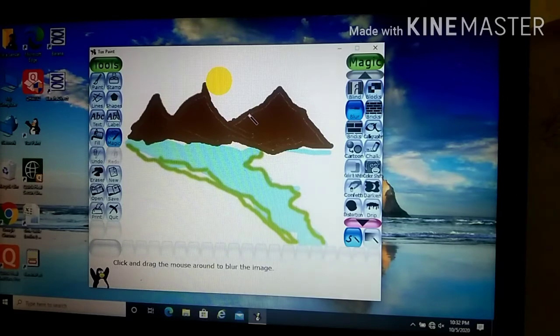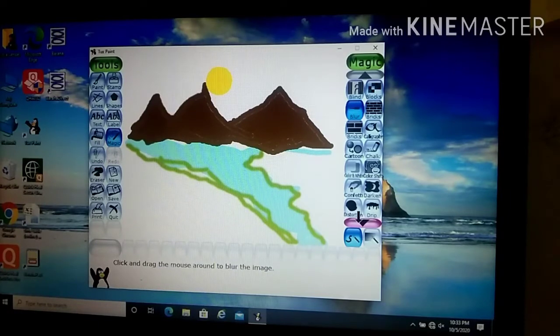Now the next option is the grass effect. Generally, if I want to use the effect of grass, I have used one of the paintbrush tools, but it does not look as nice because I can't draw like a drawing artist, right? So if I want to give that artistic effect, I have the grass option here in this magic tool.